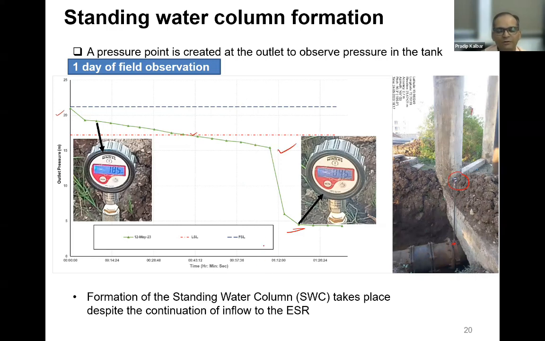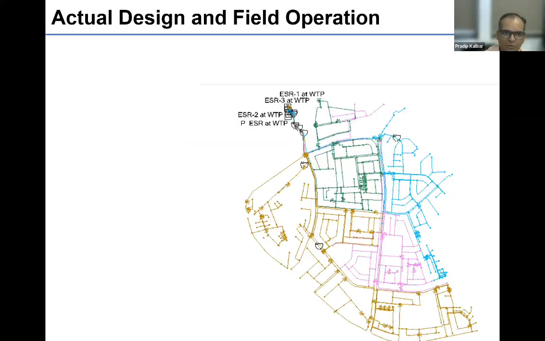We have a number of such observations from the field. Based on that, this is how our operators are responding in the cities. They have these tanks laid out like this. This is from a real city in Maharashtra, where we have mapped some of the network with tremendous effort. It is very difficult to map. You can see which tank is feeding which zone, and the path that has led to here. So a tremendous long distance this particular tank has to serve.